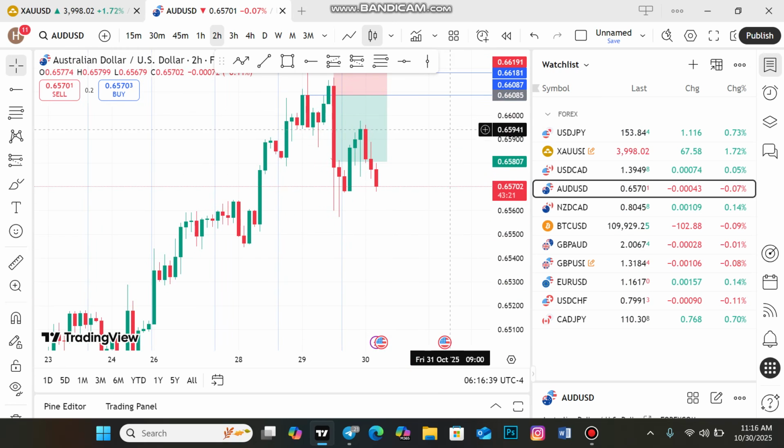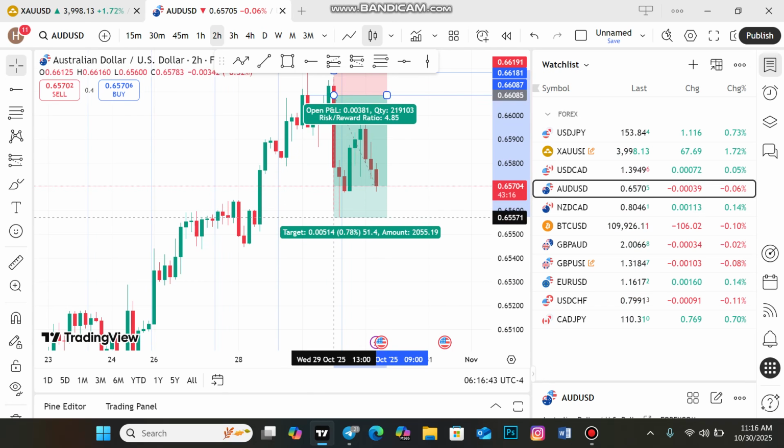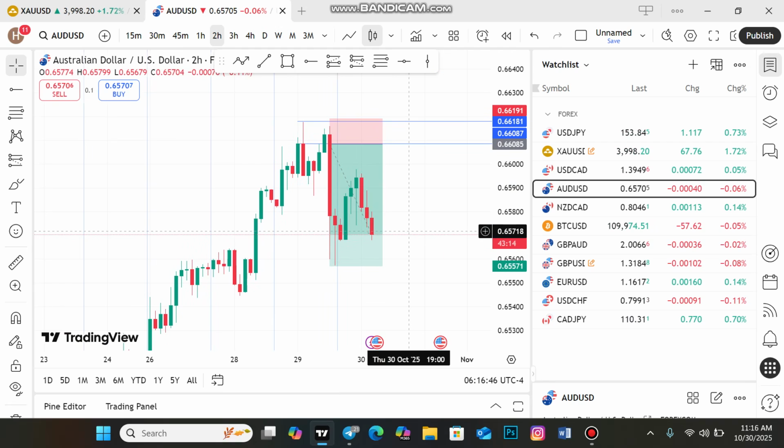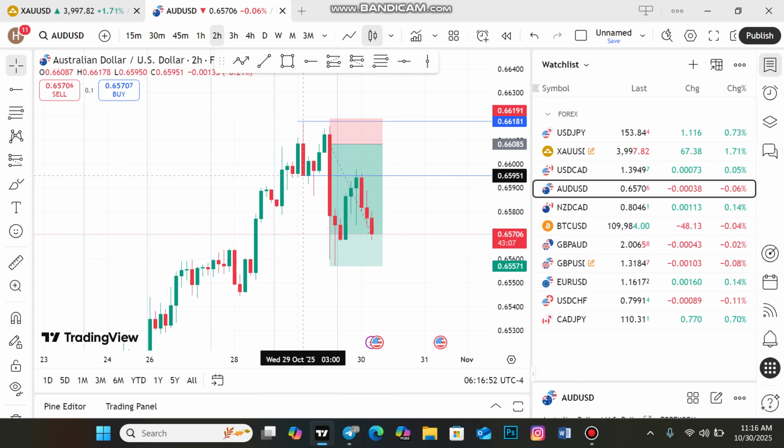That was how this price dropped massively, more than 1 ratio. You can see this is 1:4.92. So this was the first trade. This was how the first trade was executed yesterday, and currently the trade I called today is basically here at